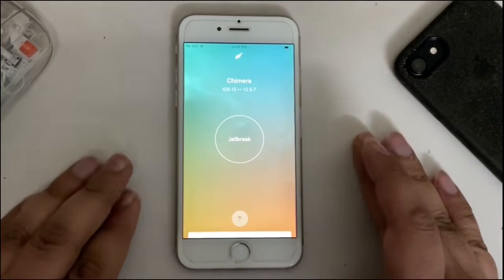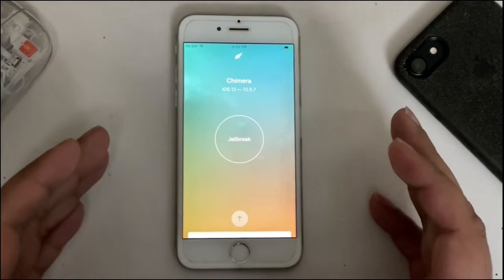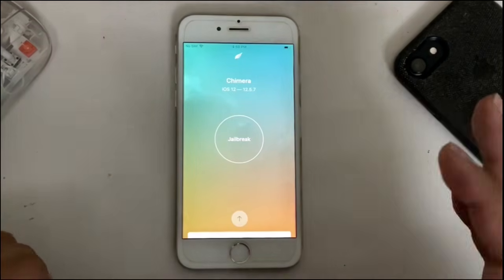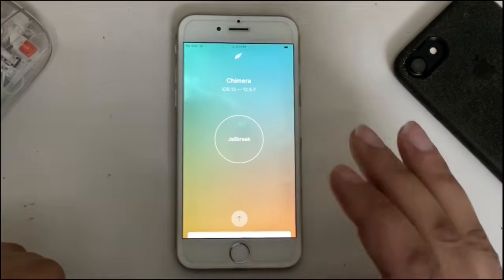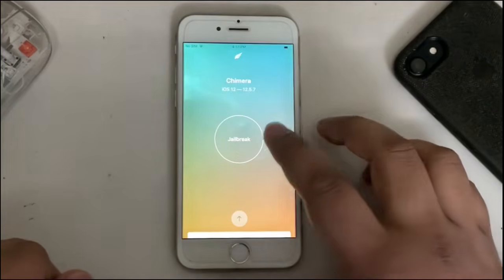Sometimes what happens is that your device will reboot automatically and will not complete the jailbreak process. The solution is to wait for like 2 to 3 minutes before you hit the jailbreak button the second time after the reboot. Alright, now we will hit it